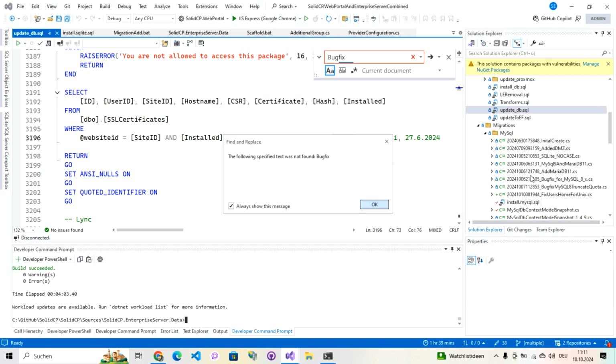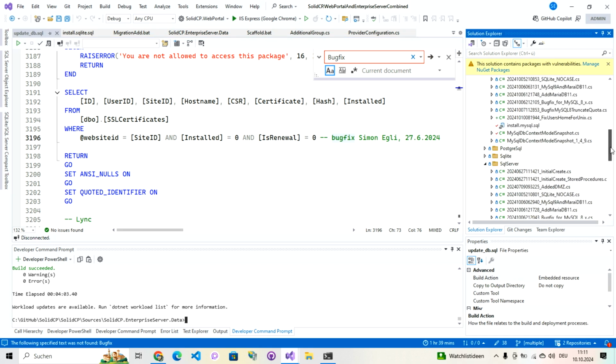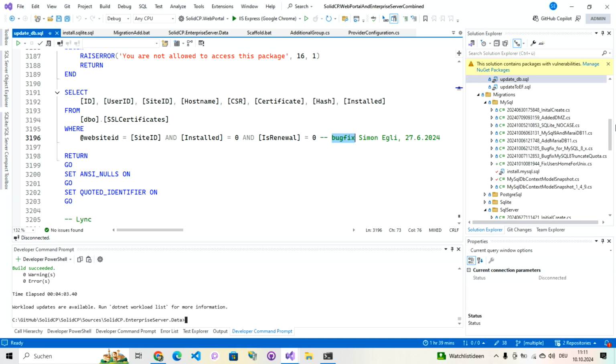No, at least those three migrations are not included in update SQL. So you can run update SQL on a database, but you still have to run install and then the database version SQL on the database to upgrade it to the latest version. So it's better to directly run